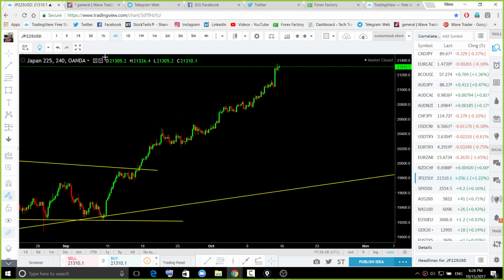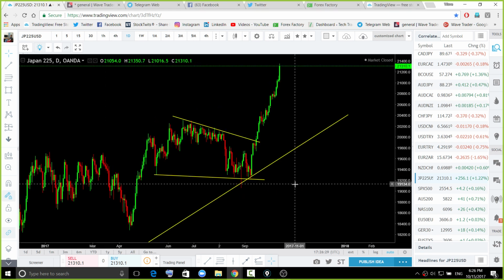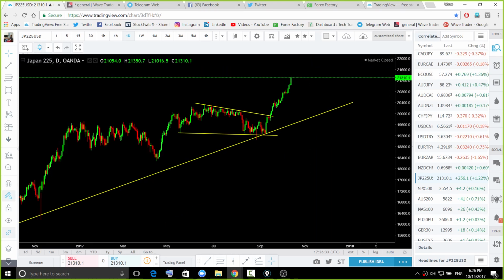And Japan 225. Okay, so if you remember, we were tracking this pair from that bottom. Yeah, if you are following me since very long, then you understand we were tracking this pair from that bottom. Yeah. Okay, so do you see that move, the move which I was showing you when price was at this area? You see that? Okay, so that is what we were looking for. Okay, I hope you understand how to look for a longer term trade on the indices. Okay, so every time you see the pullback on the indices, buy. Yeah, if you see the correction, buy.